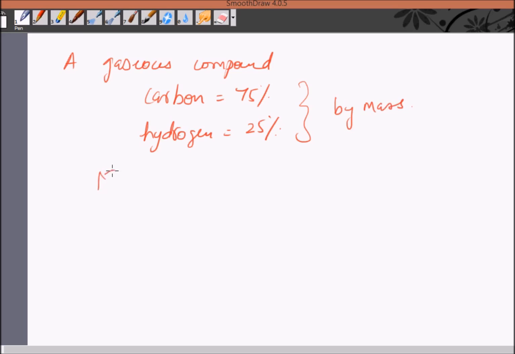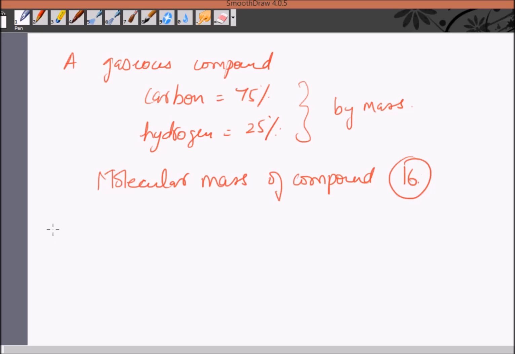And the molecular mass of the compound is 16, right? So let's find out the molecular formula now. First of all, we have to find out the empirical formula. First step: the empirical formula for this compound is CH4,